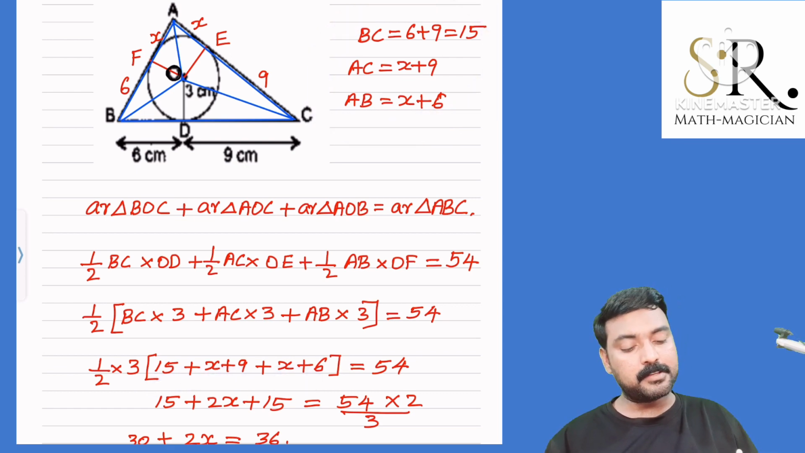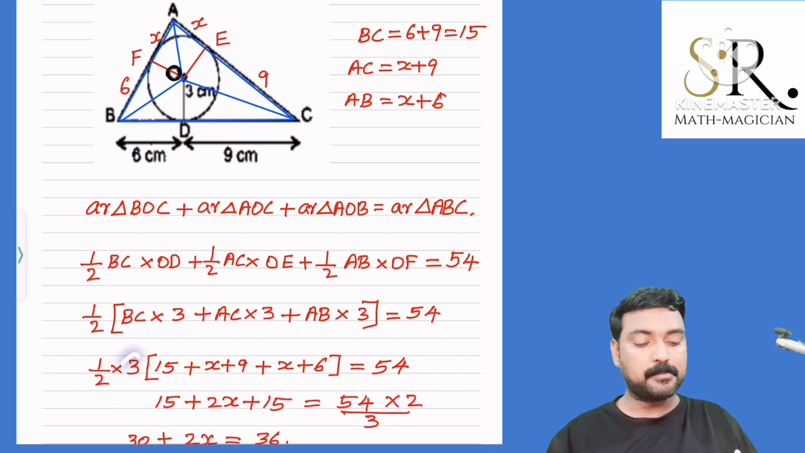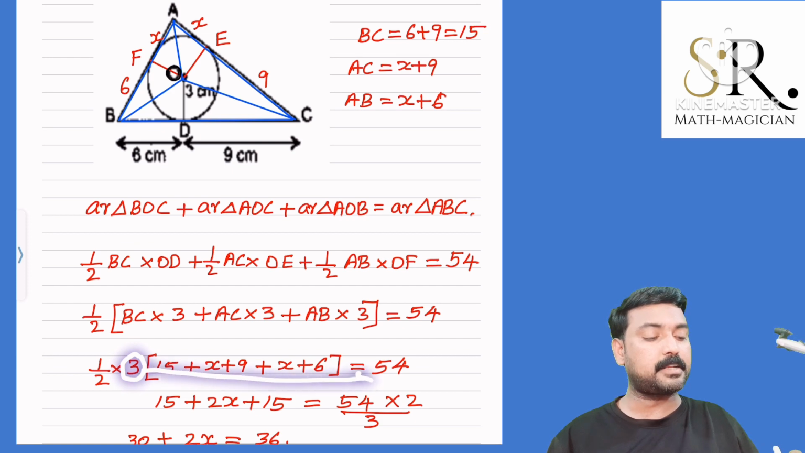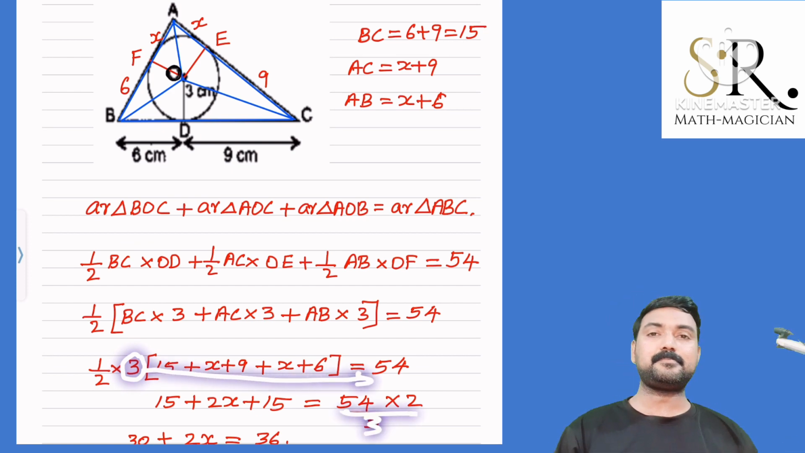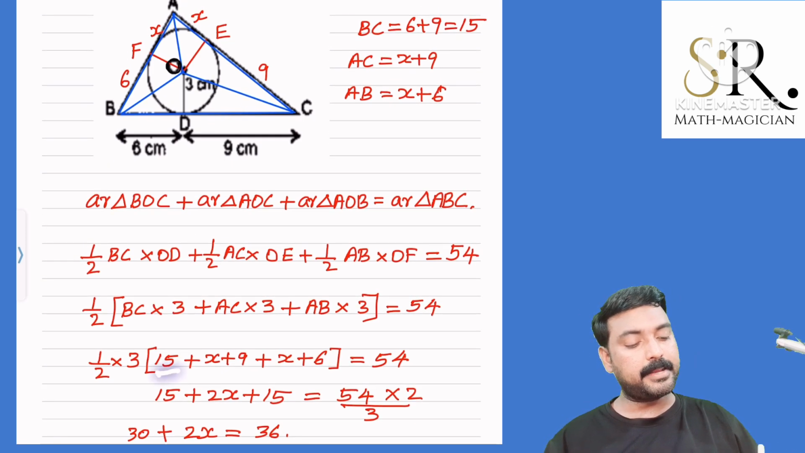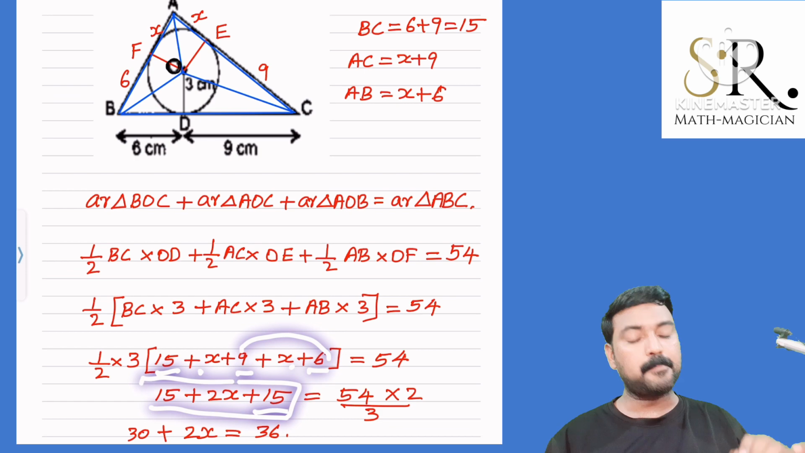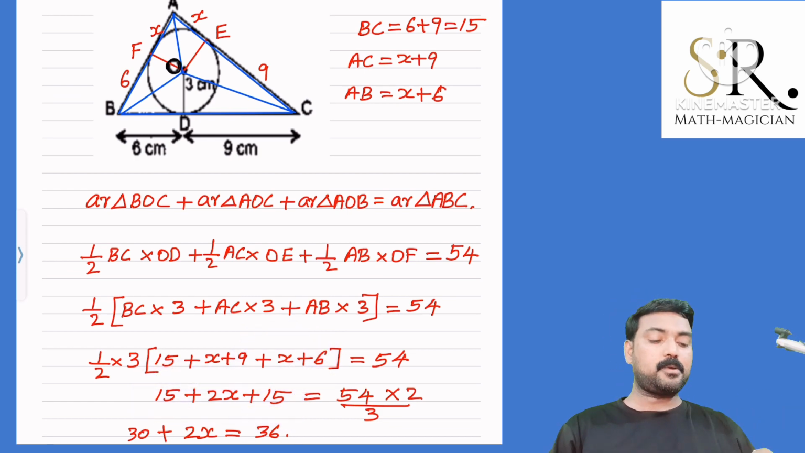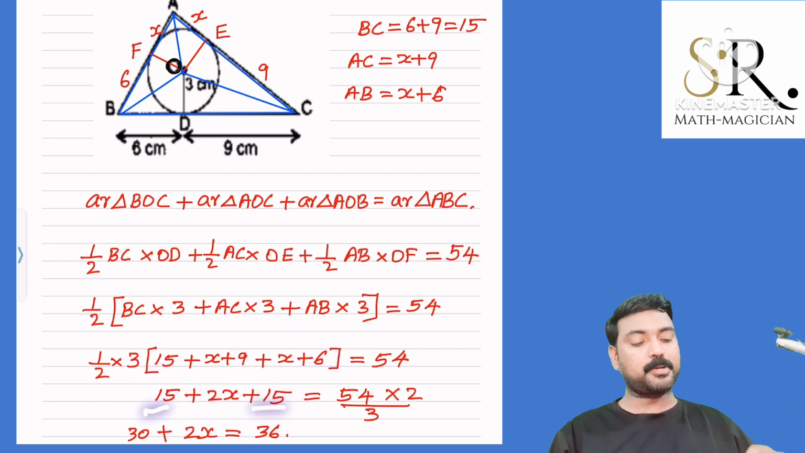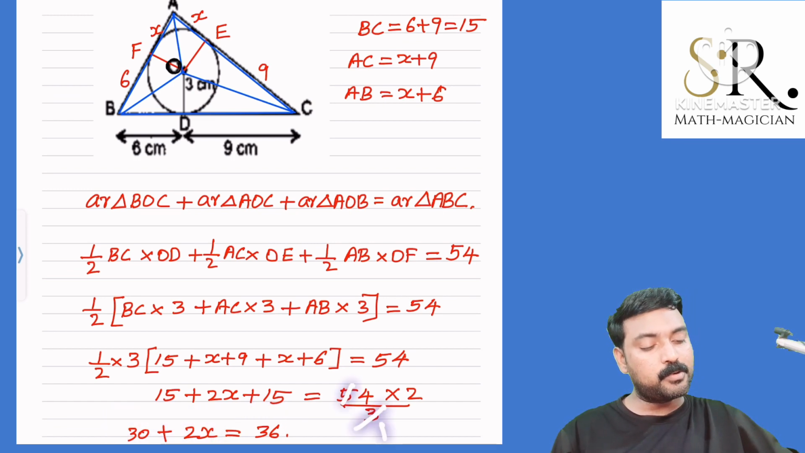Now we can do one thing. This 2 is dividing here, so if you transpose it to the right side, it will go to multiplication. Similarly, this 3 is multiplying here. If you transpose it to the division, that means denominator 3. The remaining terms are 15 and 9 plus 6. What is 9 plus 6? That is also 15. X plus X, 2X. So we got 15 plus 2X plus 15. What is 15 plus 15? 30. So we got 30 plus 2X is equal to